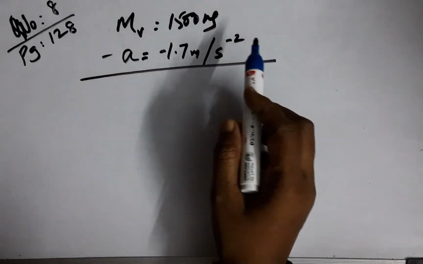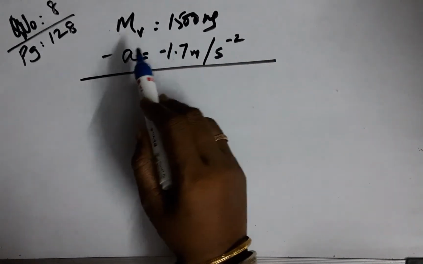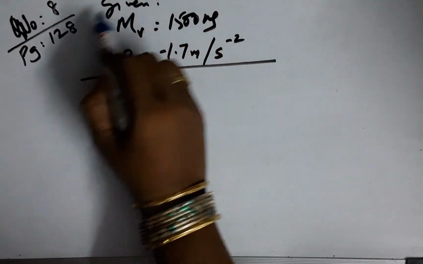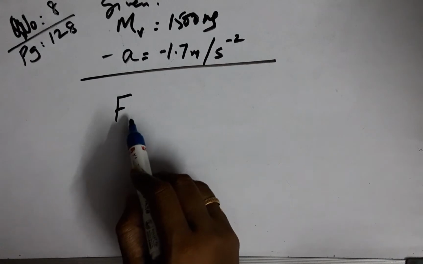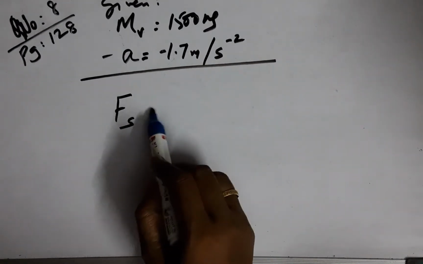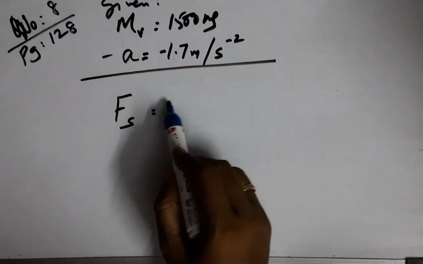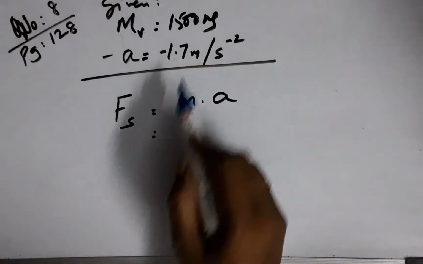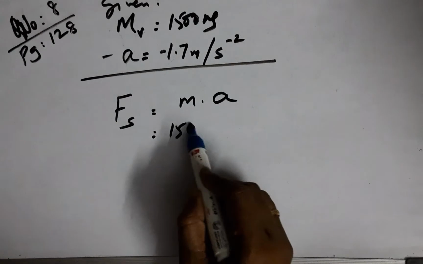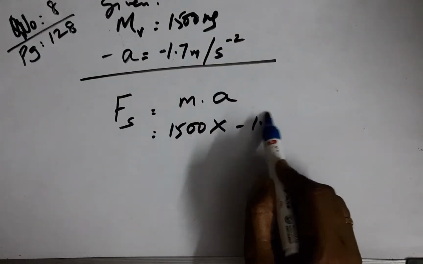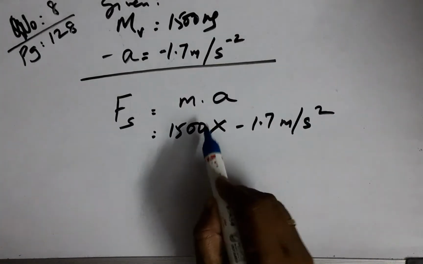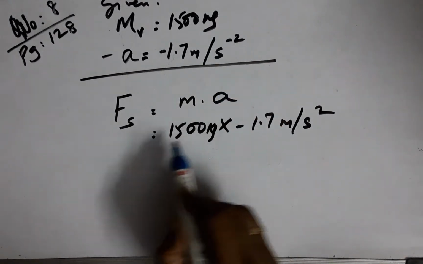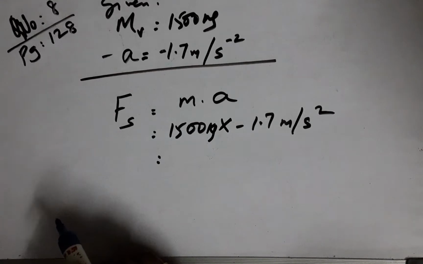All the blah blah story need not be taken care of. The thing is, these are the two given components and we are required to find out the stopping force. And we know that force is nothing but the product of mass into acceleration, and given data snugly fits into this formula, and therefore all we need to do is just take care of the maths.